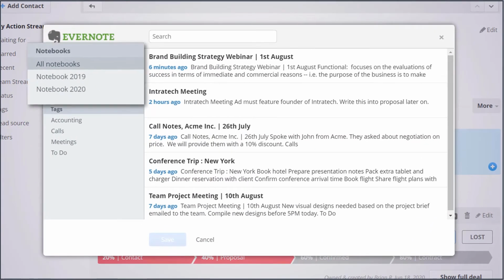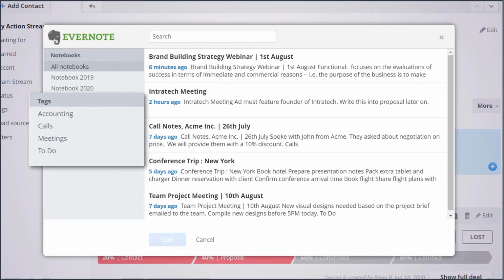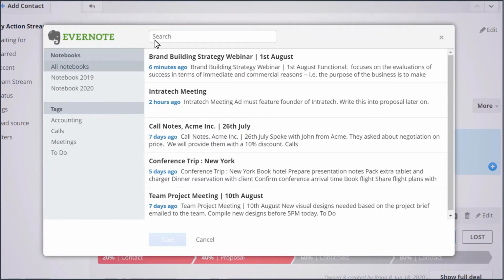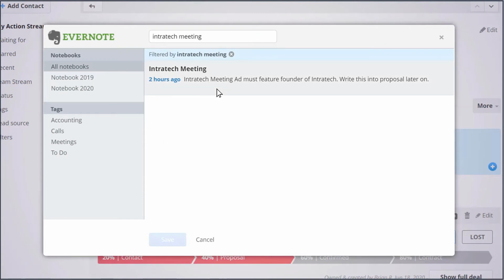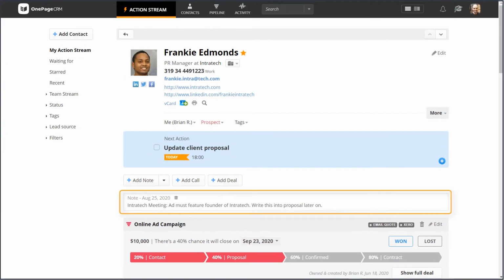You can locate your note in your notebooks, filter the list by tags, or simply use the search to pull it up. With a single click, you can add this note to the contact. And now, you have all the information you need to decide on the next step that will bring you closer